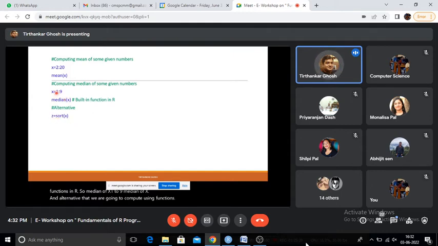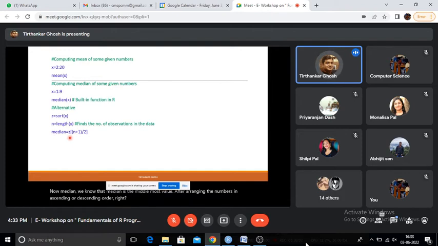So first we sort the values from 1 to 9: z equals sort x. Then we take the length of x, how many values there are, n equals length of x, which finds the number of observations in the data. Now, the median is the middlemost value after arranging the numbers in ascending or descending order, right?